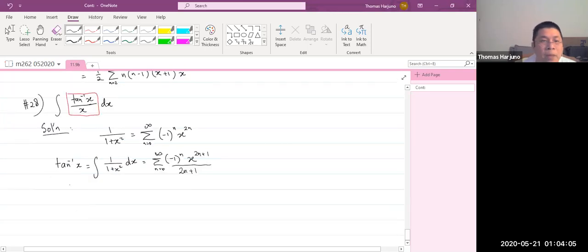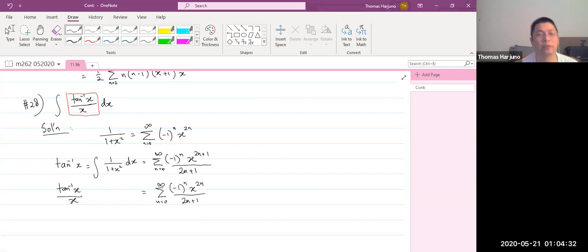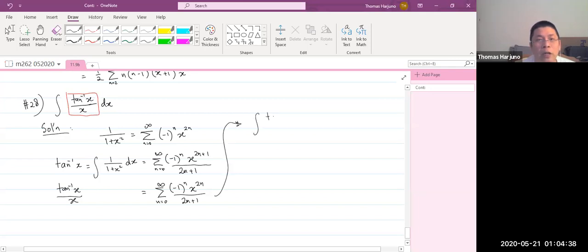So if I have tangent inverse x over x, I divide by x, so it becomes x to the 2n only. Divided by x. Therefore, the integral of tangent inverse x over x dx is the integral of that series,